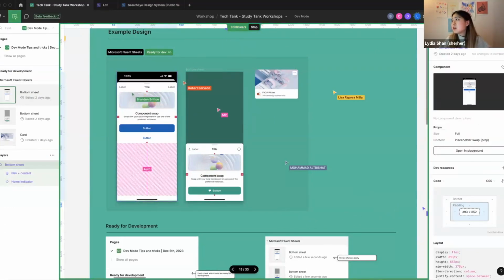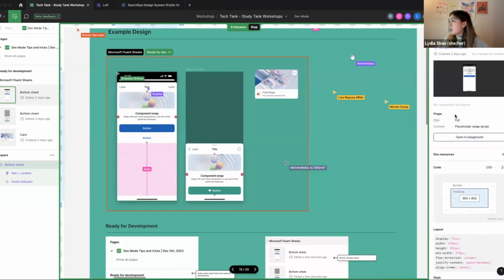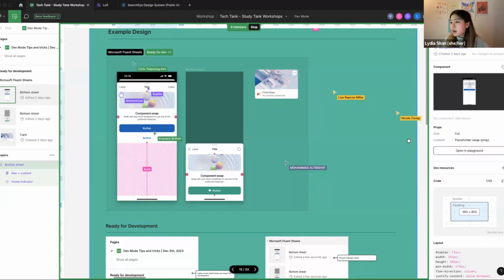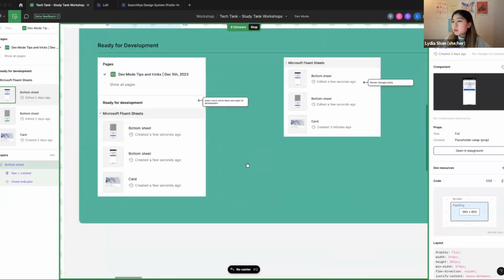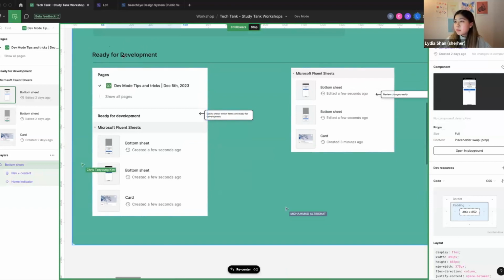And once you click on that, it'll take you to Dev Mode where you're able to see the inspect panel. And this is where most of our key operational stuff will lie. So if you look at the bottom here, we have a panel for ready for development. So we've got the inspect panel on the right, but on our left side, there is actually a list of things